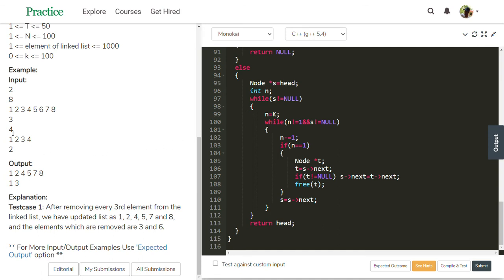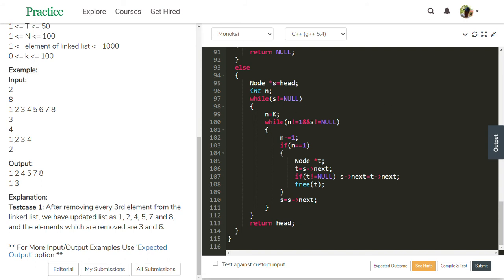Take this second test case. To travel in this linked list, I use a temporary node, Node star s equal to head. Int n to get the k value. See this, the while loop starts, s not equal to null, because s equals head, s is pointing to this 1.